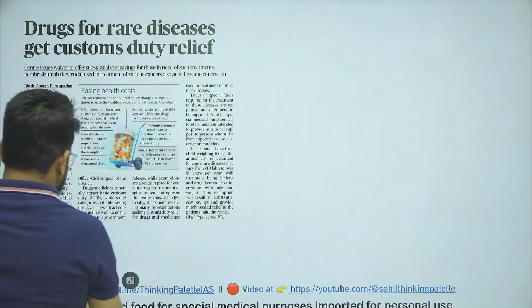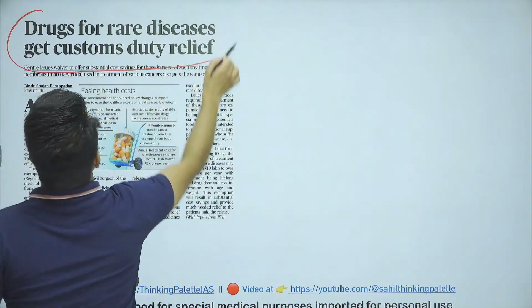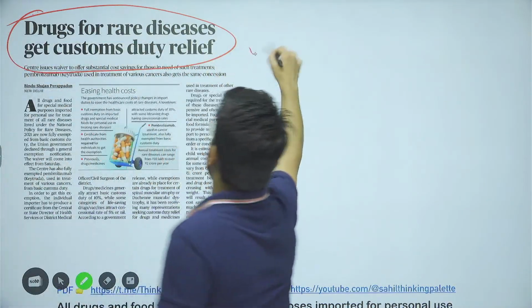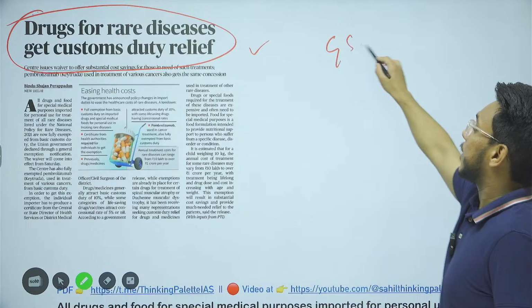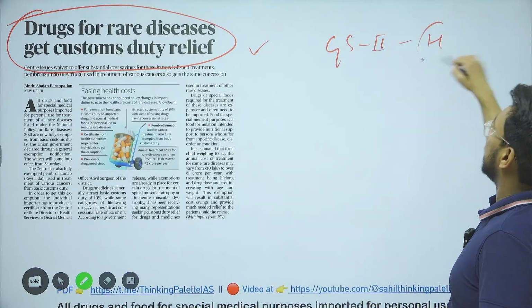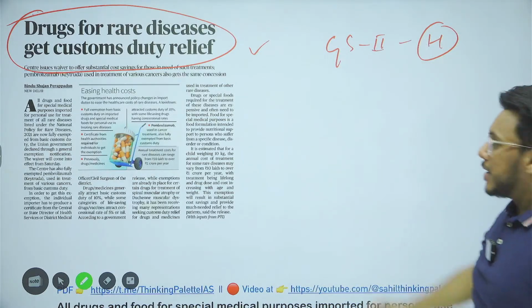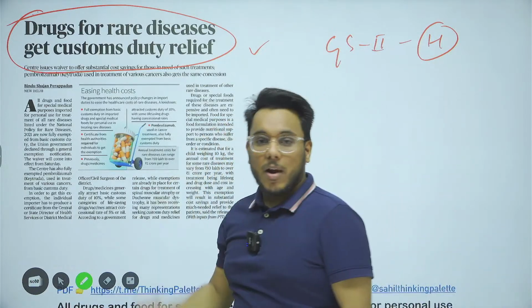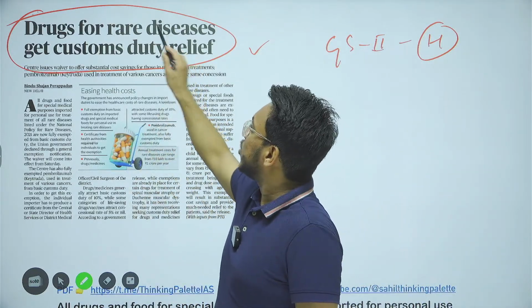Drug for rare disease gets custom duty relief. Okay. We'll see this particular article for GS paper number 2, health again. Now, before going into this particular article, first of all, let's understand what we mean by the word